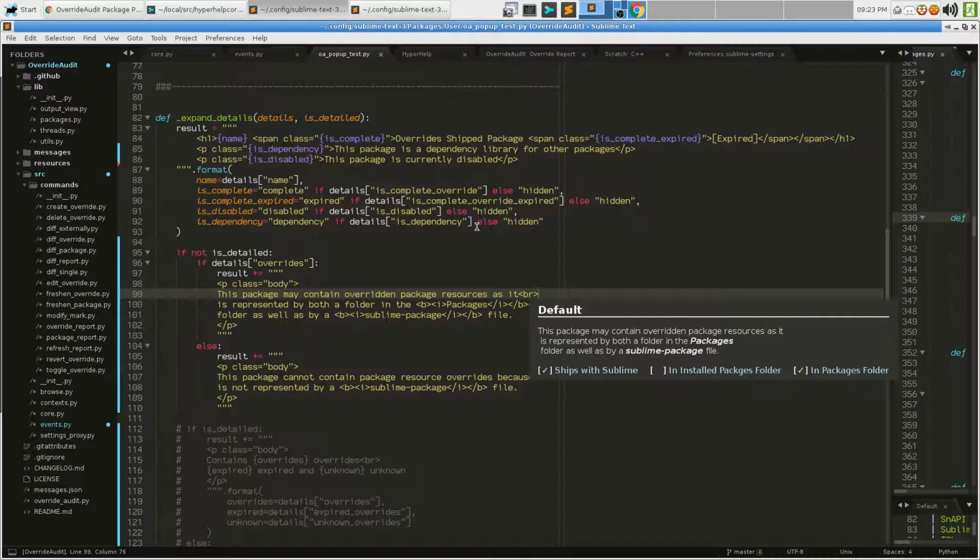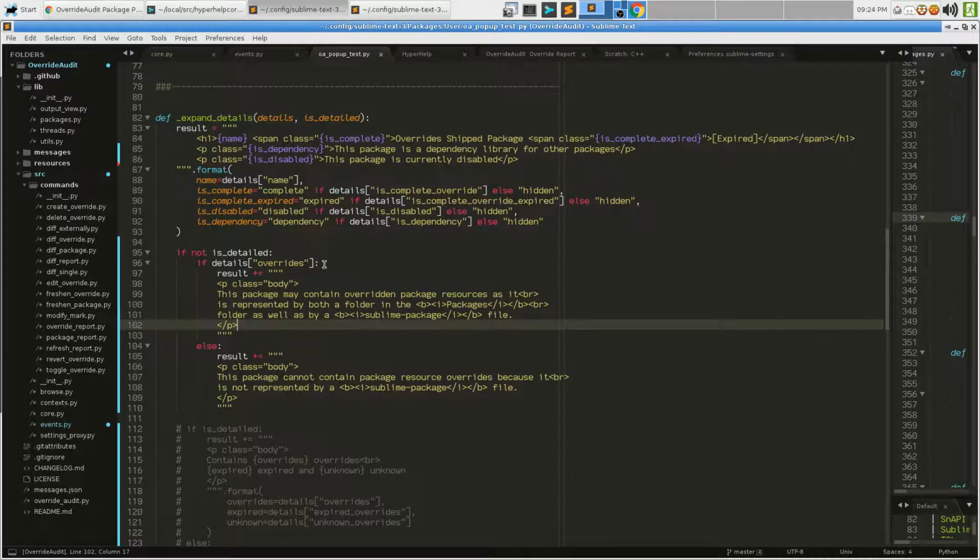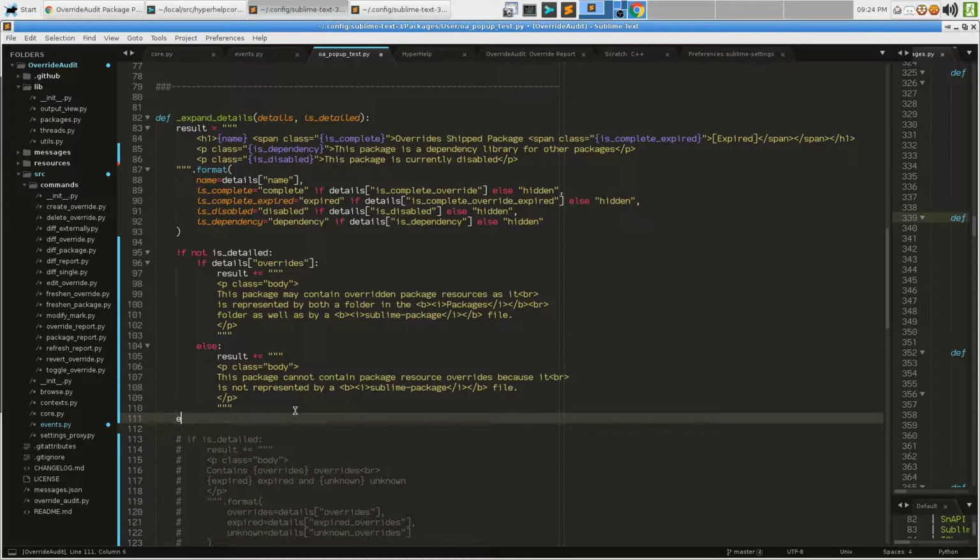Could be tweaked a little so that it fills that out a little nicer. If it's not detailed, then do this, else it is detailed, in which case